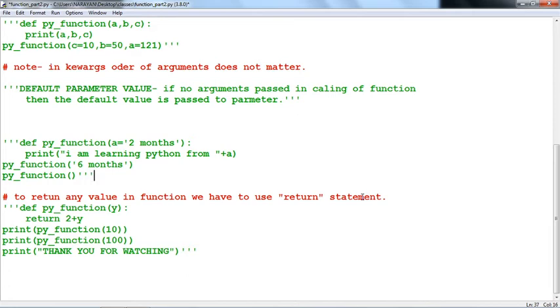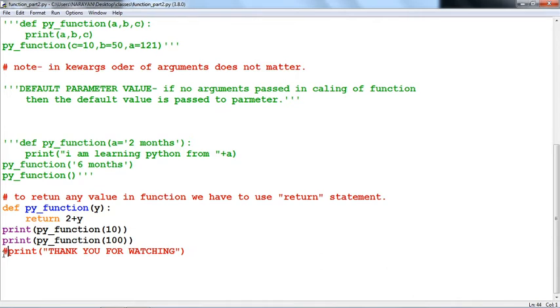When we want to return any value, we have to use the return statement. Return is the keyword. We will see how to use it with a function. Here the function is defined as py function y, return 2 plus y. Then print py function 10, print py function 100.